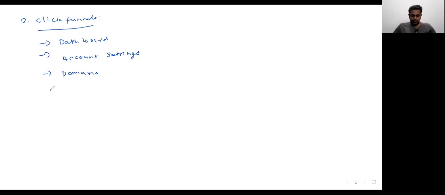Once you click on domains, you will land on a page with two options. One is for a new domain and another is for an existing domain. If you don't have any domain as of now, you can go for the new domain, do the registration, and then configure. Otherwise you can go for the existing domain. But my recommendation is to go to a domain broker for the domain purchase.